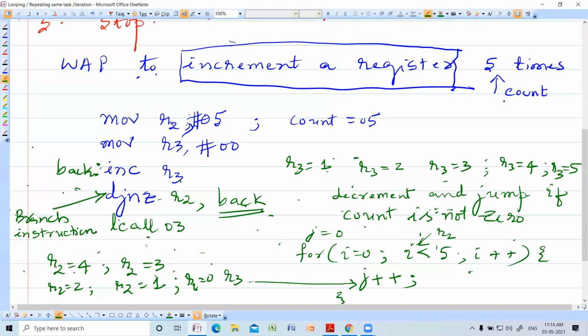If the condition is true, then the program counter will be copied with the equivalent address of the label, so that program control goes to that label and executes the same instruction. If the condition is false, then the program counter will be copied with the very next instruction's address. This is how the branch instruction is executed.